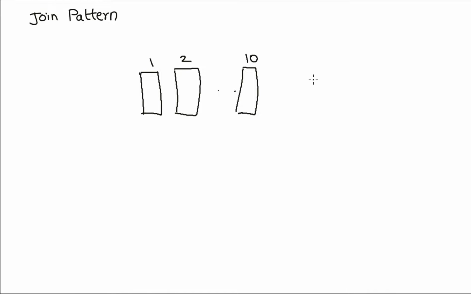For example, let's say you have n number of jobs like this: job 1, job 2, and like that job 10. Now these 10 jobs can be done in parallel, and after these 10 jobs are completed, then